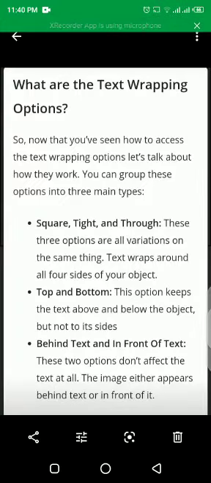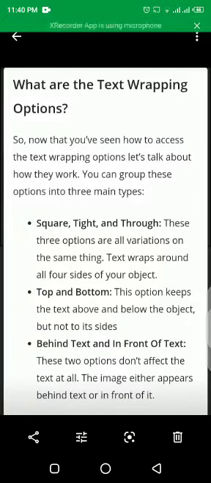What are the text wrapping options? Now that you have seen how to access the text wrapping options, let's talk about how they work. You can group these options into three main types. First one is square, tight and through.